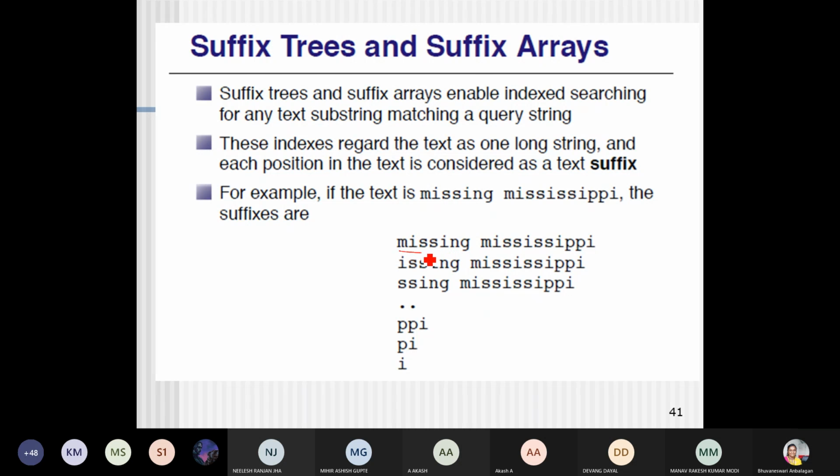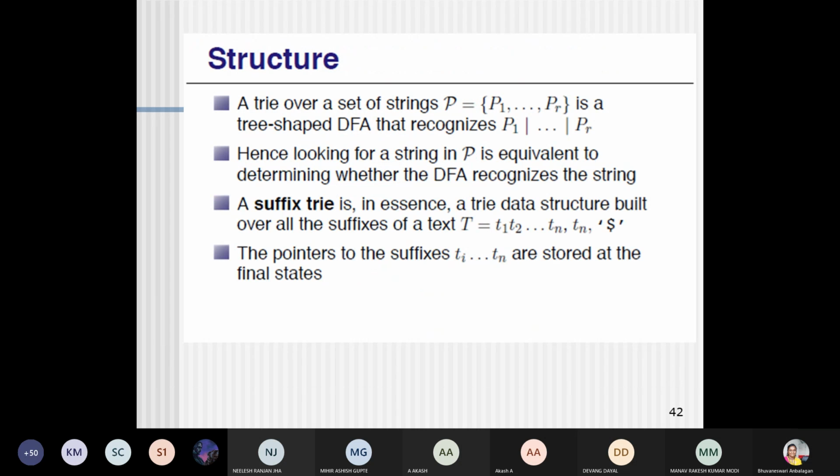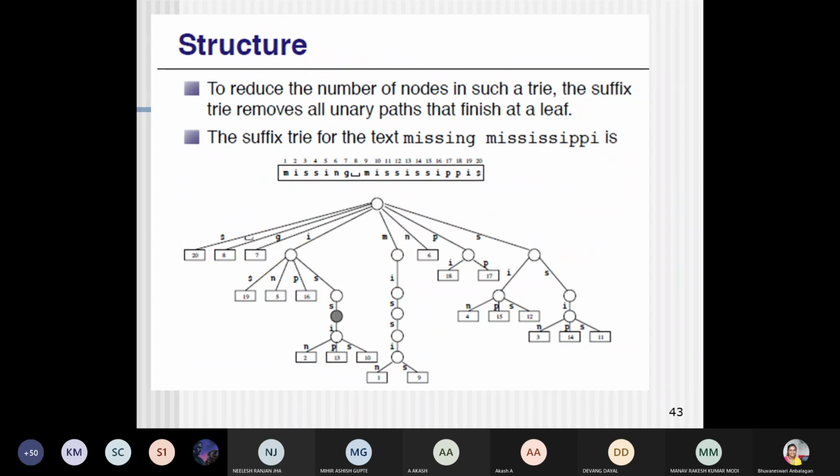You see here, I have Mississippi. You just ignore this M, and the next set of suffixes can be created. You ignore I, and you get the next suffix. In this way you can generate a simplified form of suffixes from a given text. So now, how to create a suffix tree?